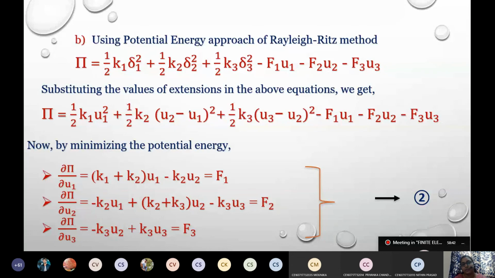So if we see from this point, with free body diagrams we literally saw 3 to 4 slides to go with. And in the potential energy approach, one equation just differentiated with respect to whatever variables are there, and we could get this in one slide. That is what I'm trying to tell. It is far easier if you are clear with the concept of partial differentiation and to differentiate the extensions in the spring and the extensions in the node separately. What happens in the spring is the deformation. What happens at the node is the displacement. So try to understand that clearly.